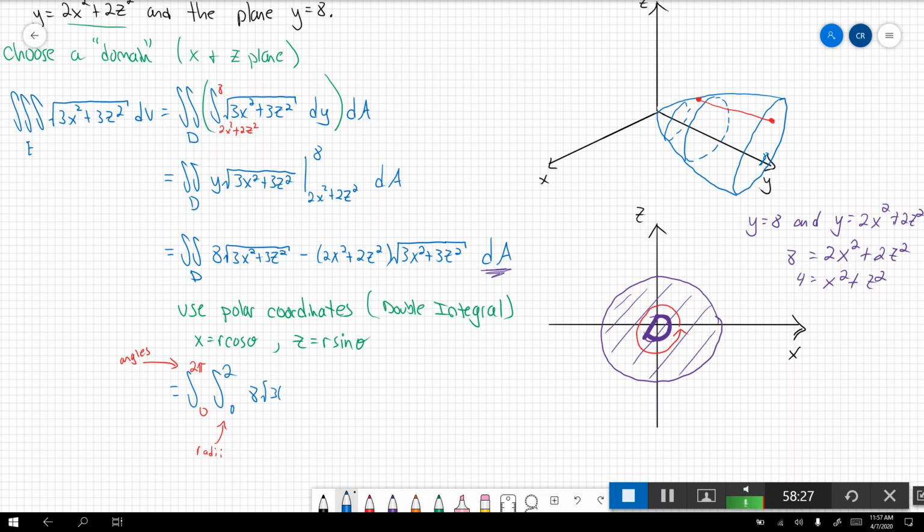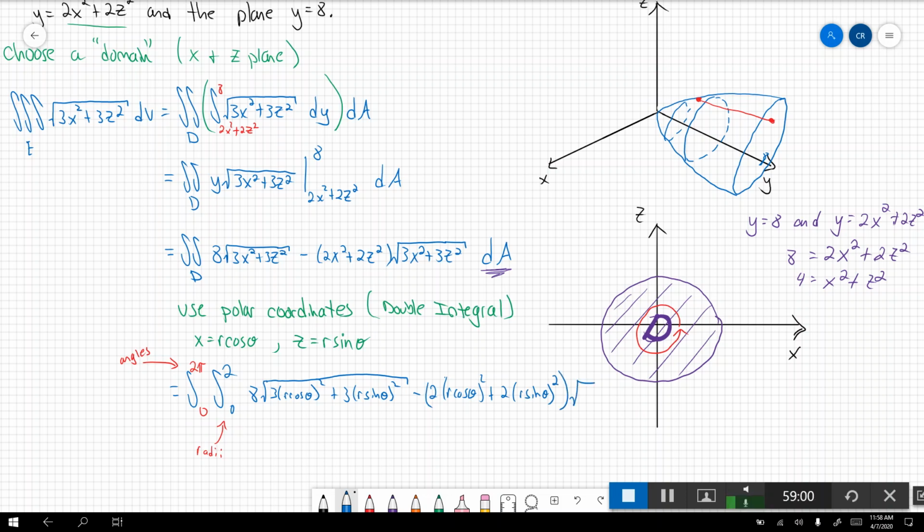Well, x is just r cosine theta squared plus 3 times r sine theta squared. Minus 2 times r cosine theta squared plus 2 times r sine theta squared